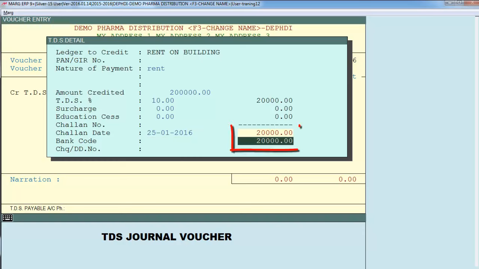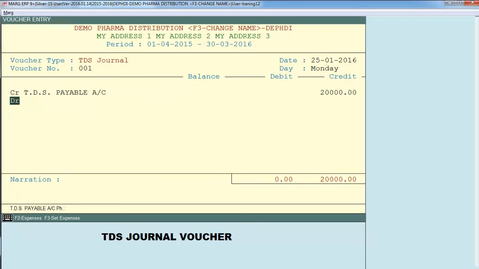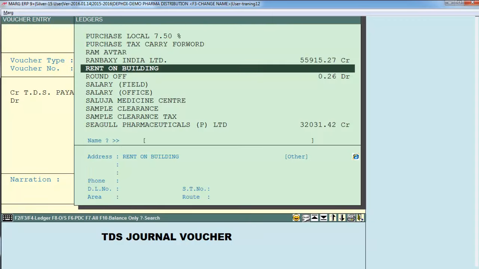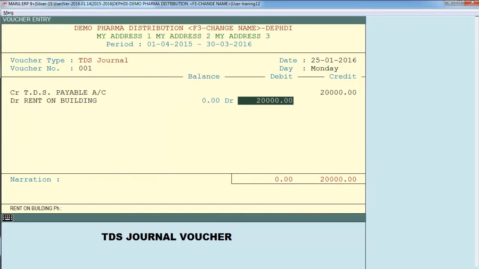And here you see the 20,000 TDS amount has been automatically calculated. Now simply press enter. For the debit side, we will select the expense, that is rent on building. Press enter and define the amount of your rent, that is 2 lakhs. Then you credit your creditor to whom the payment is to be made, that is Manish Arora.